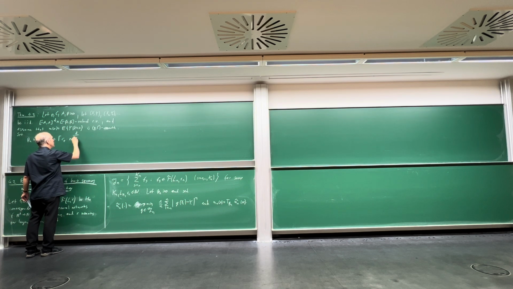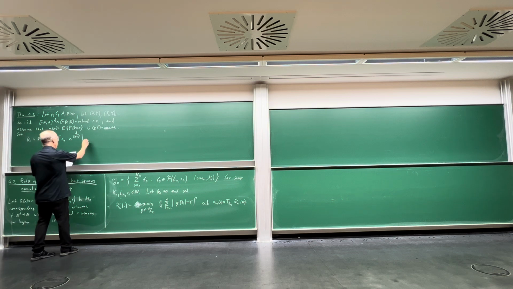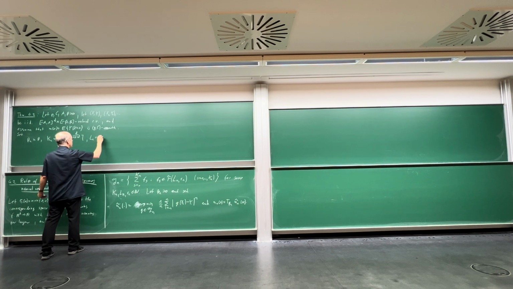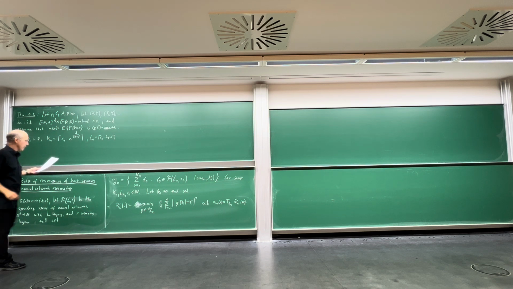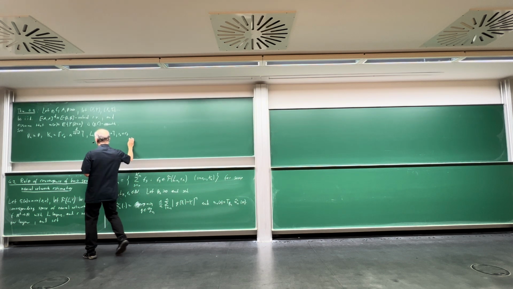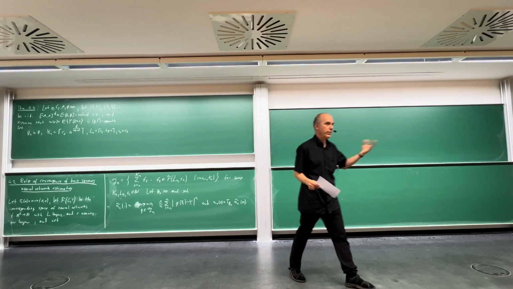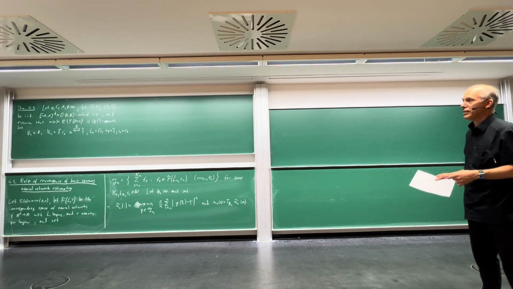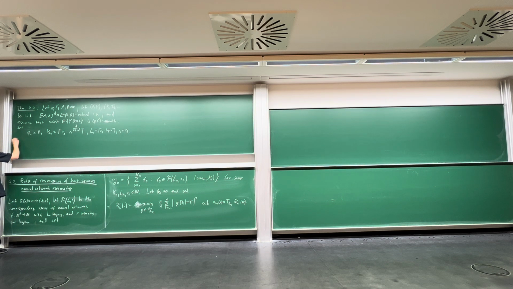You don't see this at the moment. I could start with a general Kn. Ln is clear, Ln is a constant times log n, and Rn is a constant. So you could start with these values of Ln, Rn, and Kn, and then I derive an upper bound depending on Kn, and then I minimize this upper bound as a function of Kn, and this will come out. Don't do this at the moment. And then the assertion is: